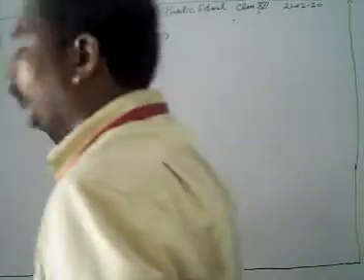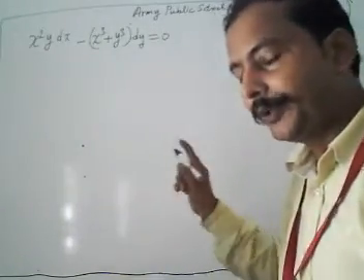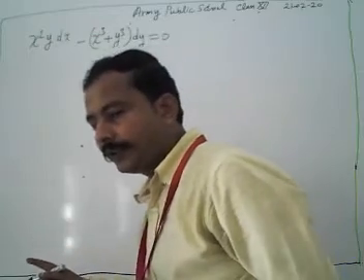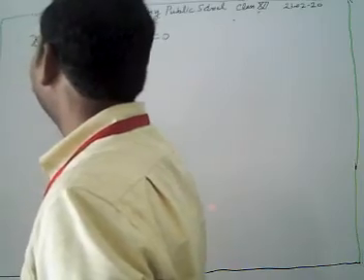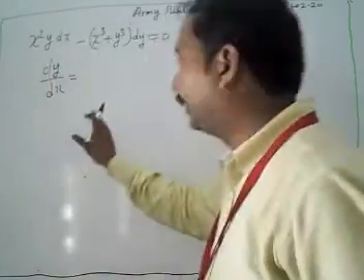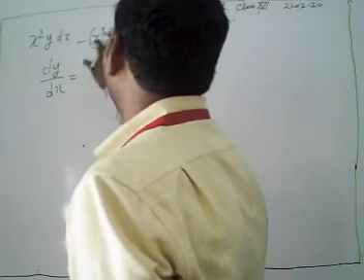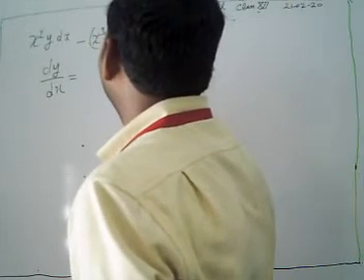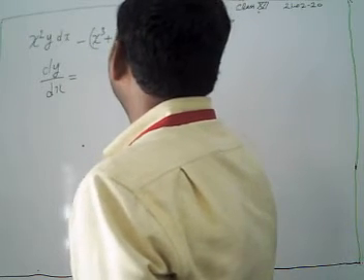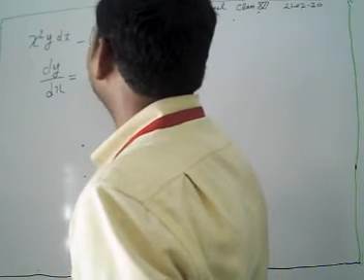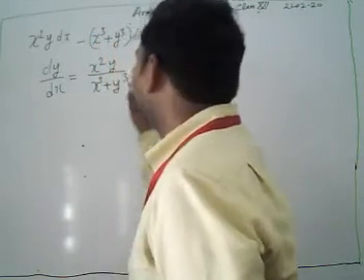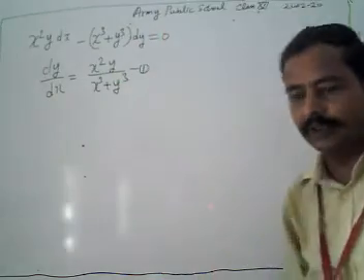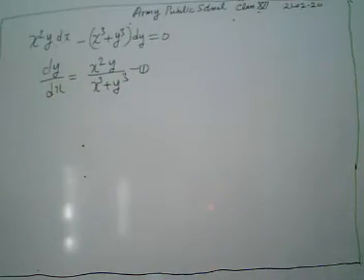Now look, before checking whether it is a homogeneous differential equation or not, first of all we have to transform it into the form of dy by dx. Take dy by dx on the left hand side, and then we have dy by dx equal to x square y upon x cube plus y cube. Now this is our differential equation dy/dx, and we have to verify whether the given equation is homogeneous or not.